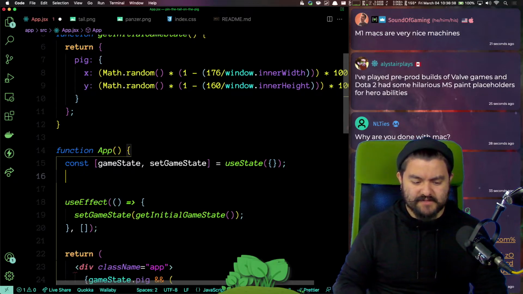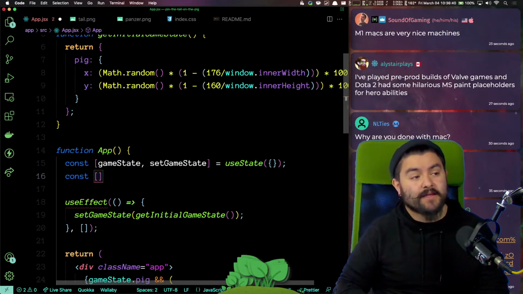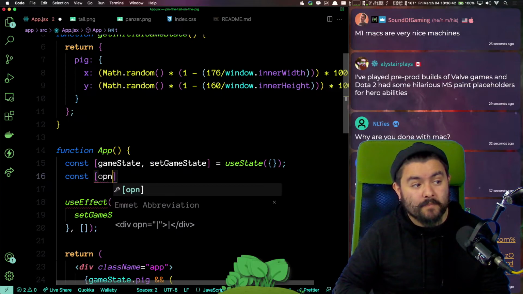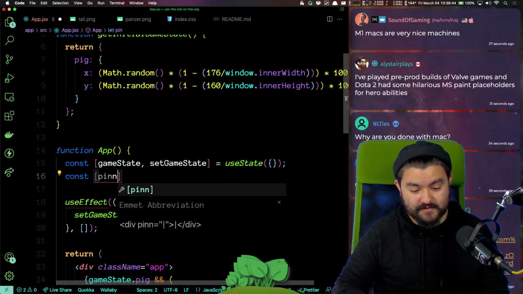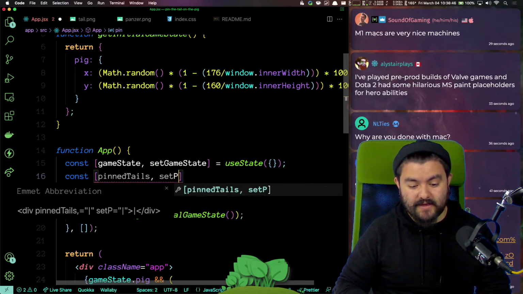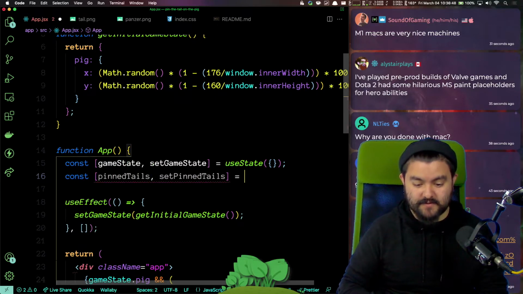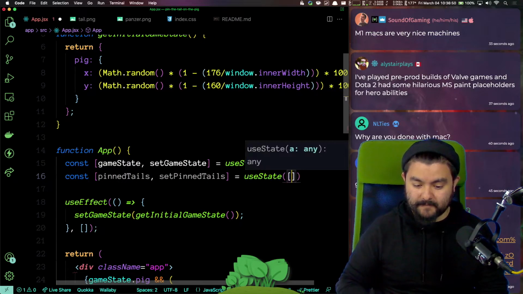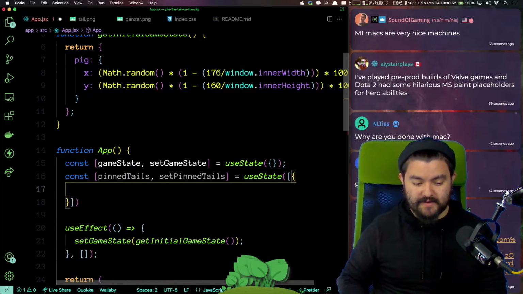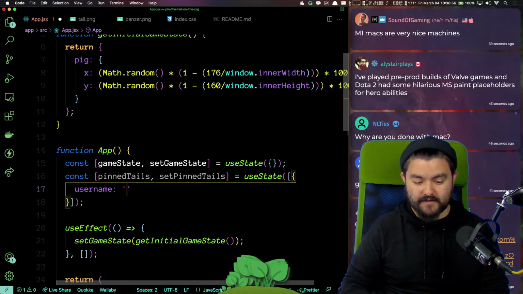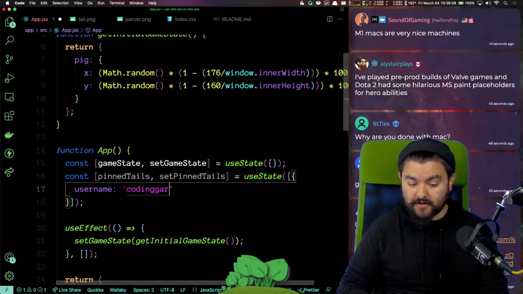So basically, we are going to have a state variable that is something like pinned tails. And pinned tails is going to be an array. And each value inside that array is going to have a username, like Coding Garden.